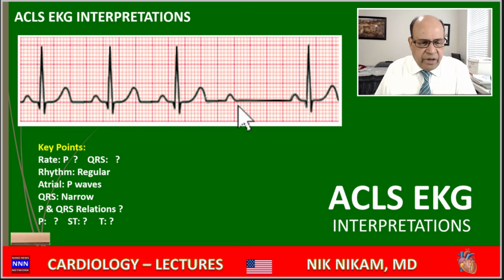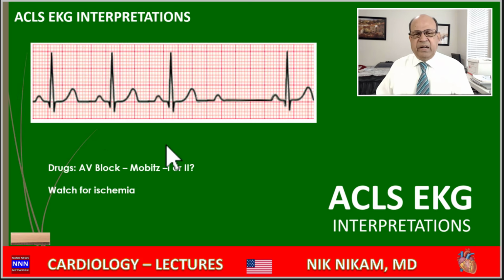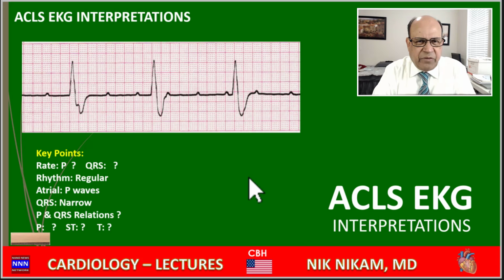Now we have regular looking P waves and the QRS complex dropped. Then we have a regular P wave which looks exactly like the other one in morphology and in PR interval. Again, the question comes up, are we dealing with Mobitz type 1 or Mobitz type 2? Actually, this is an example of a P wave which is coming right on the PP cycle, but the QRS complex is dropped. Pause this for a moment, come up with your diagnosis, then we will proceed.